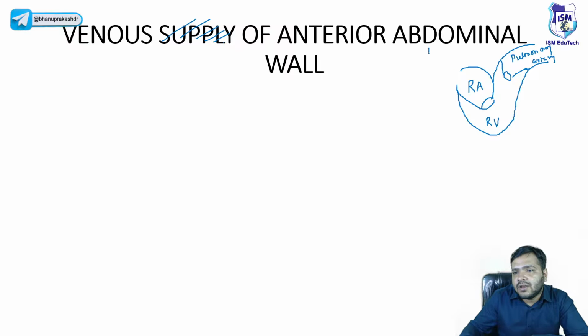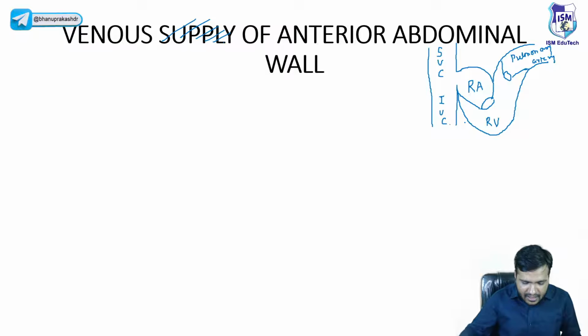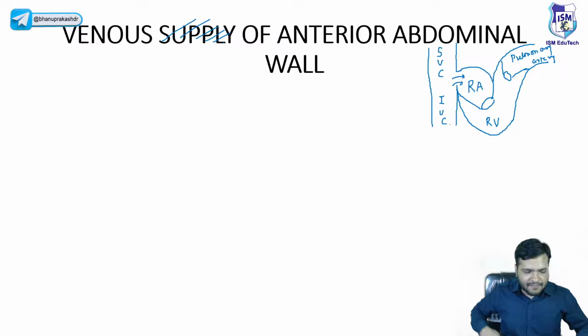So you already know that we have two major veins in our body. Okay, the two major caval system. We have SVC, superior vena cava, and we have the inferior vena cava, and they both are draining the blood into the right atrium. तो चलो, अब आर्टरी वाला तो मैंने बताया था, वेन्स वाला तुम लोग बताओगे, ठीक है।